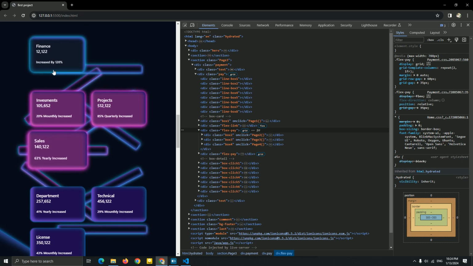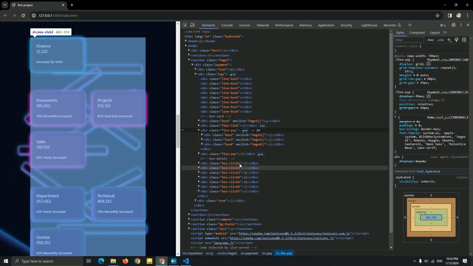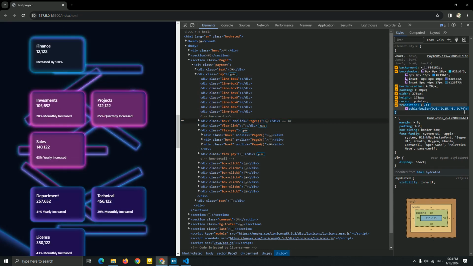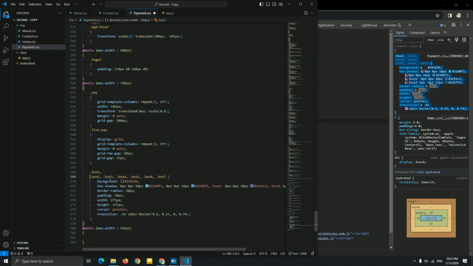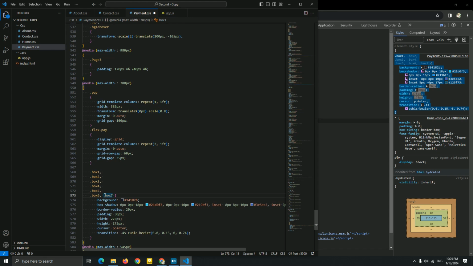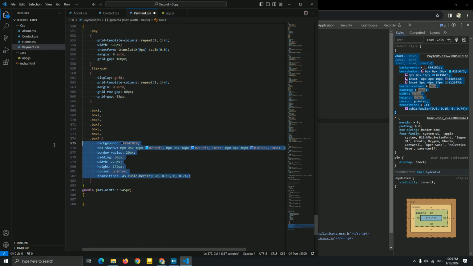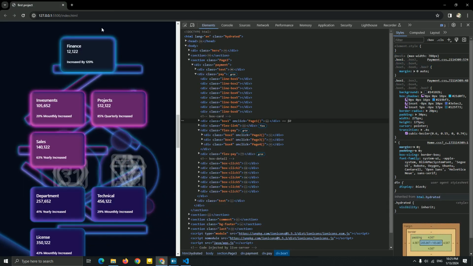And let me just add the margin 0.2. I think, yeah, let me just add the margin 0.2 for all of the box. So just gonna copy this, paste it for this box. Okay, let me do it fast. Delete all of this, copy this, paste it, margin to fix. You can see we fix it.